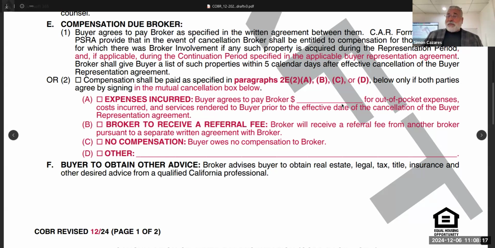Broker to receive a referral. Okay, so broker will receive a referral from the other broker pursuant to a separate written agreement. Again, here's the other take on it, right? You're in the negotiations on this, and ultimately you have to step out, but the buyer still wants to, and the listing agent is willing to take on that buyer as an unrepresented buyer. But because this was your client originally, you might work a deal with the listing agent and say, Jack, hey,